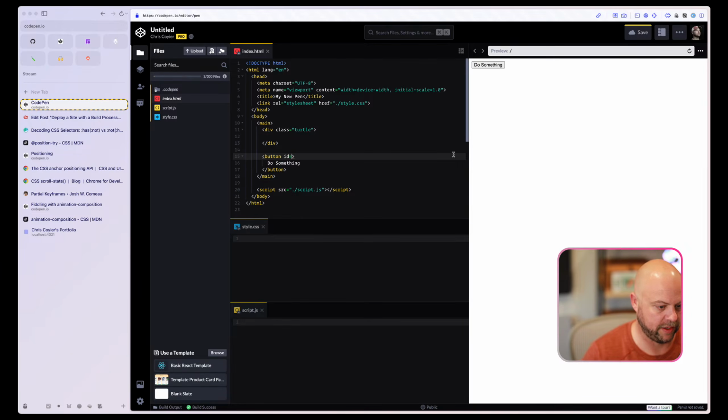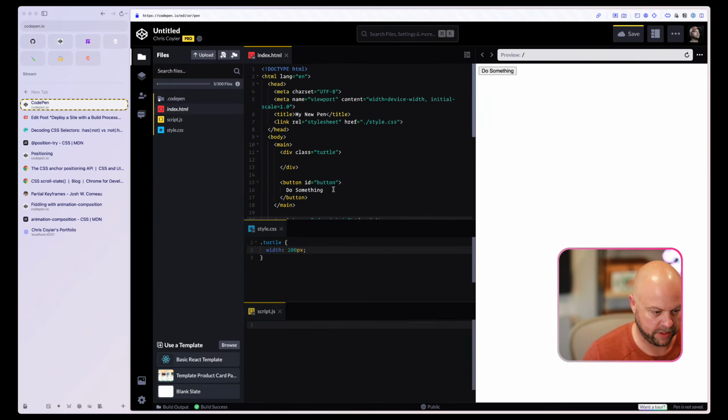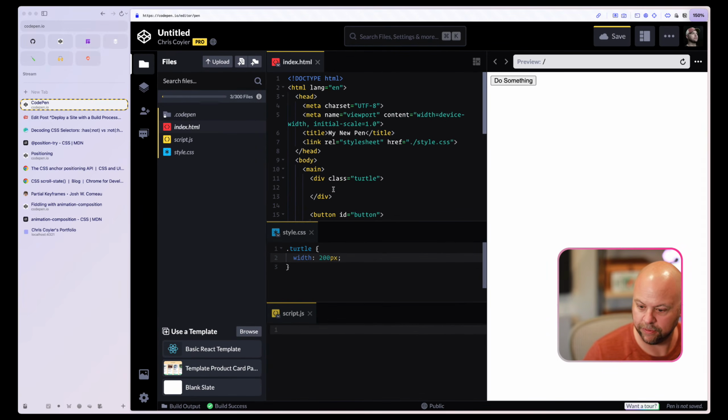So we'll give ourselves a button to attach a click handler to. And then what does the turtle look like? Turtle is width of, I don't know, we can't make it too small because now the code is small again, and I know I already was